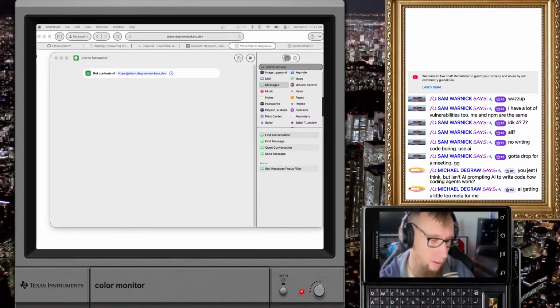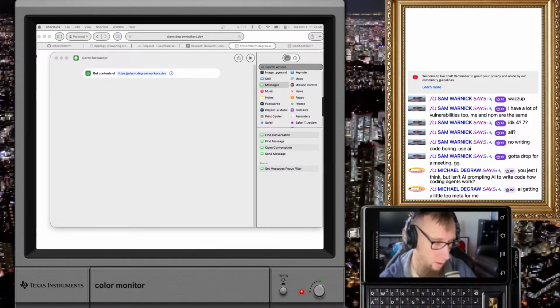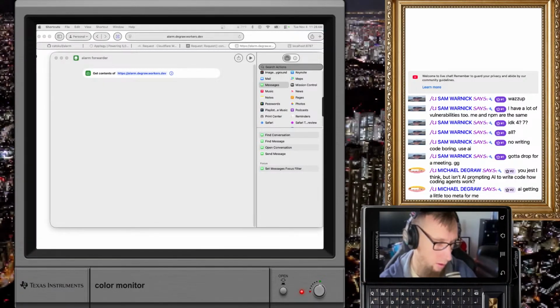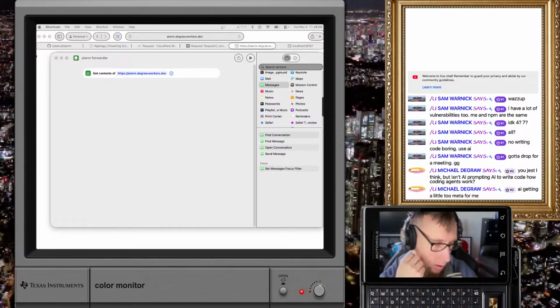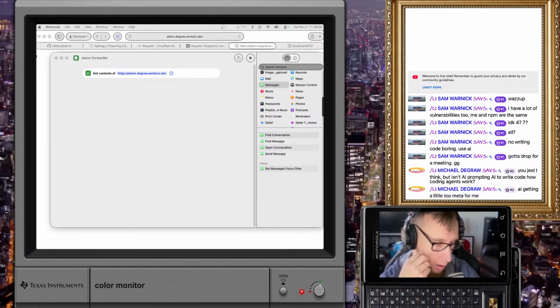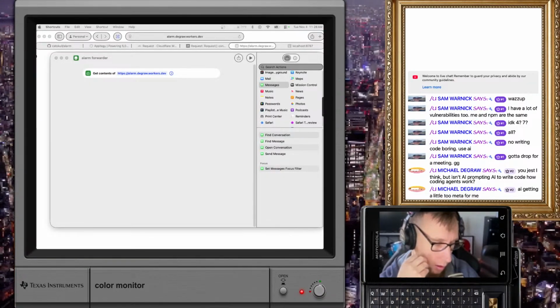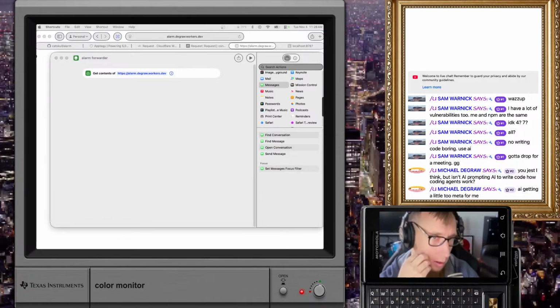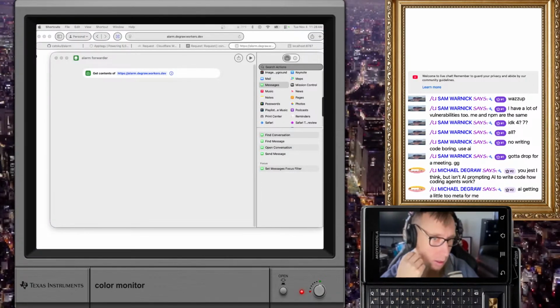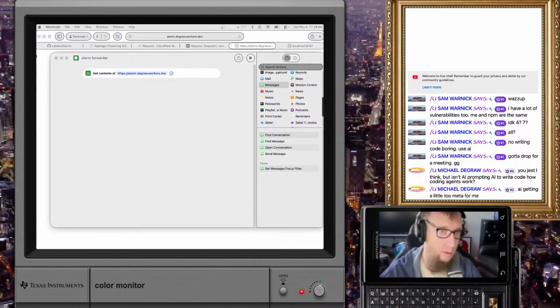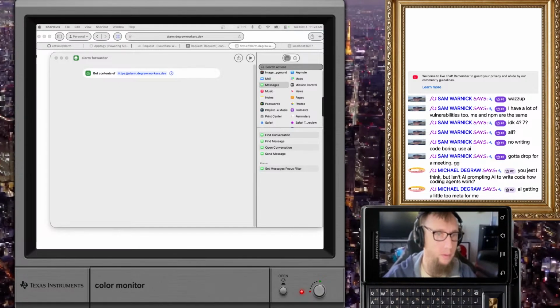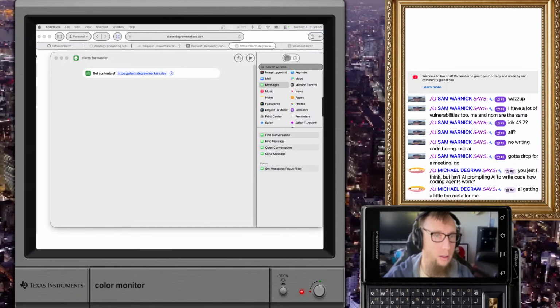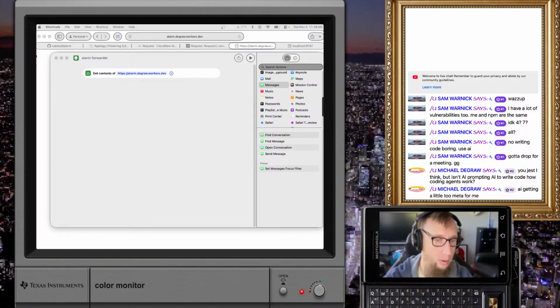Wait, what? It's not here either. How? What is this? iOS 26.